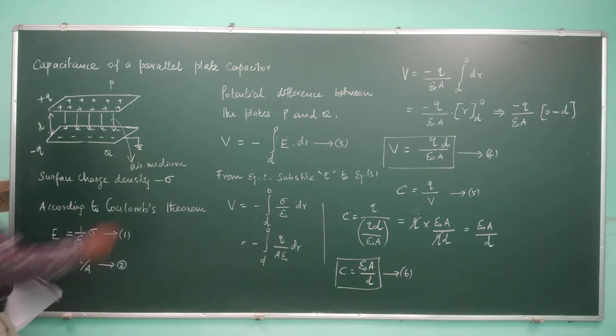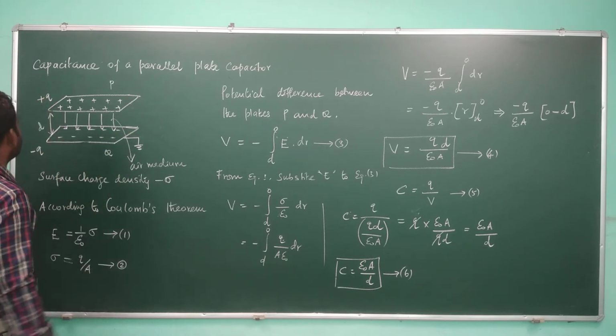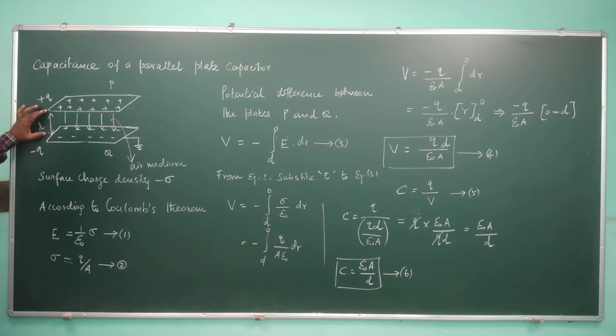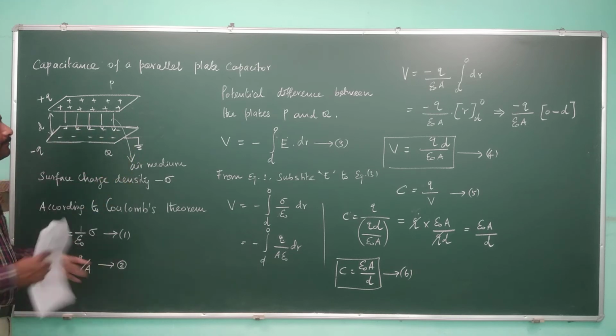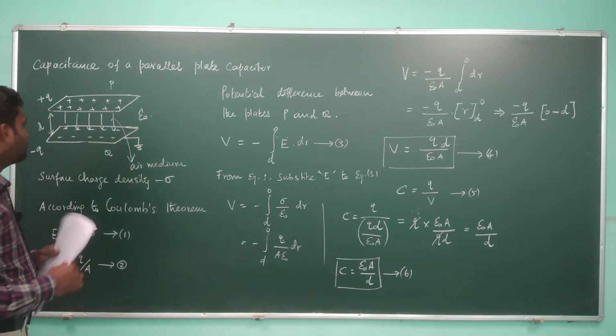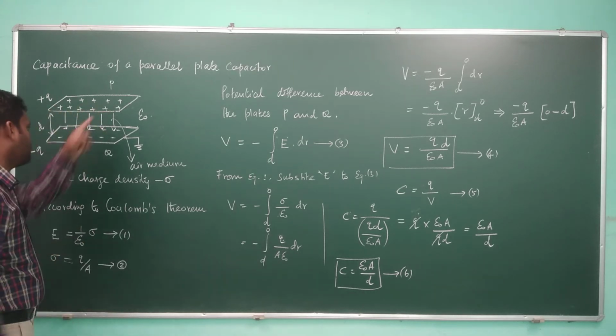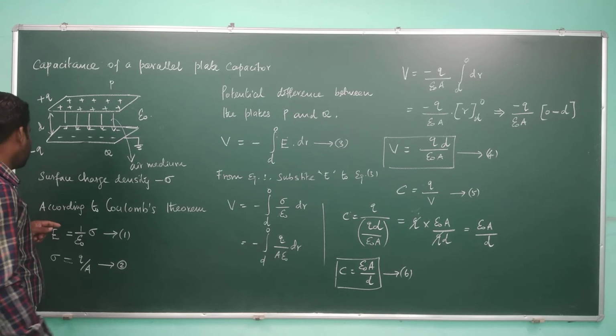In that way you can put charge so that this side is positively charged, this side is negatively charged, and the distance of separation is d. So top plate is positively charged, bottom plate is negatively charged, right? This is air medium, so the permittivity you can denote epsilon naught. Permittivity of the dielectric medium between these plates, you can say epsilon naught.